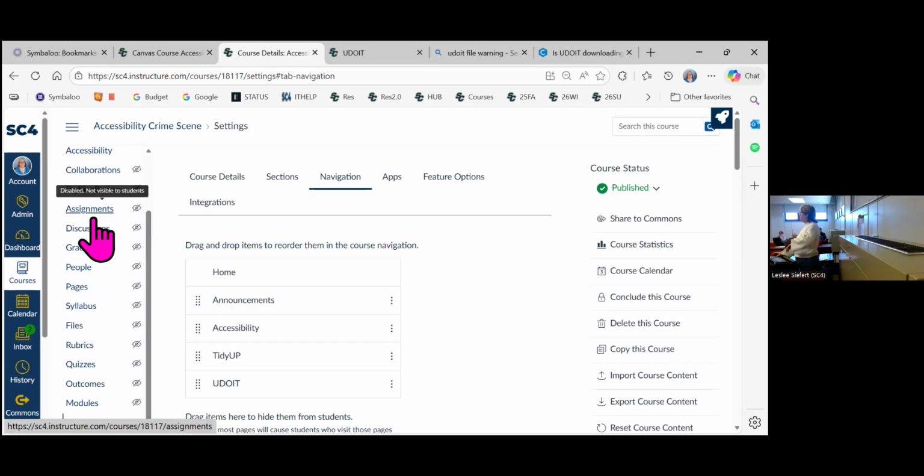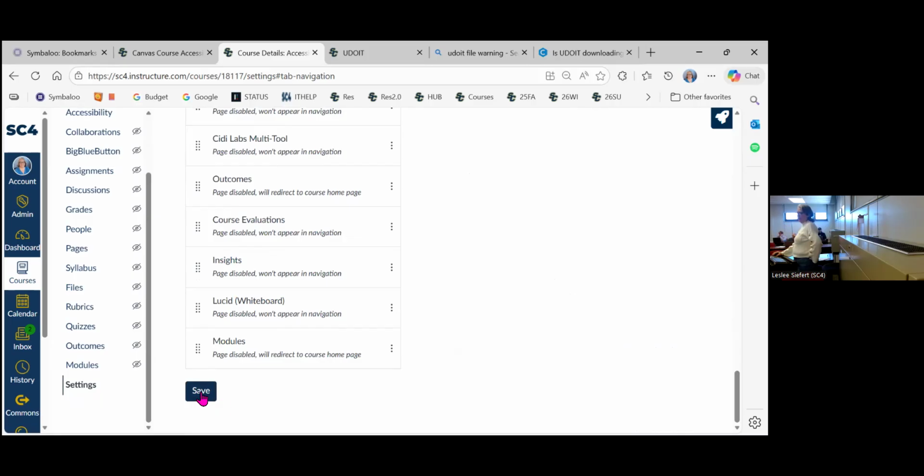They don't need pages if all of your pages are also in a module and it's a module run course. They don't need to get to quizzes if the quizzes are all put in a module. If you want your quizzes not in modules and separate, then you need to allow them to get to quizzes, otherwise disable it. So the important thing to remember is save any changes you made to navigation. So if you scroll to the bottom of this screen and save,